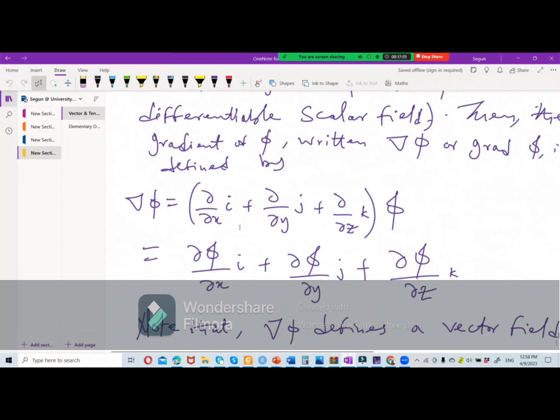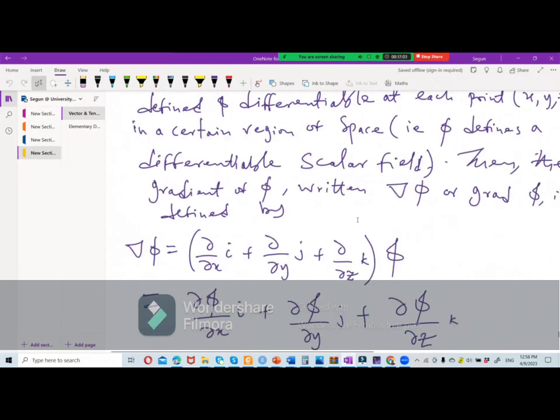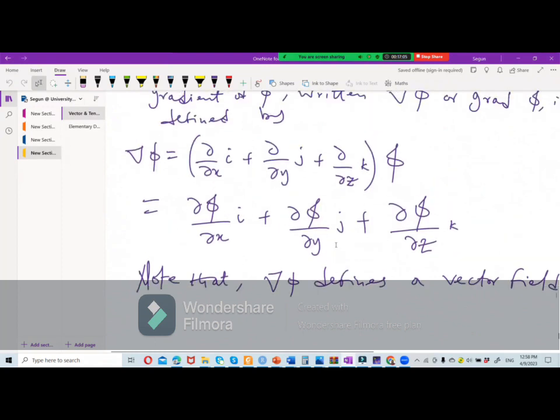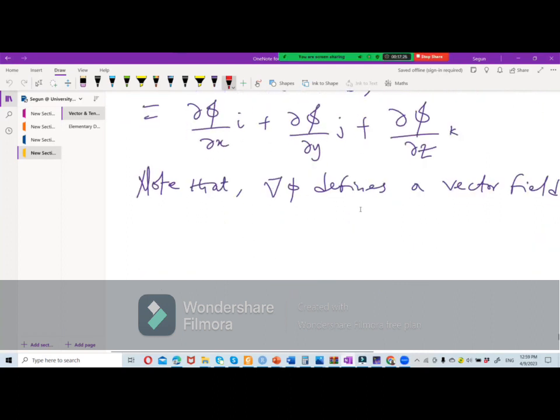Then we have the del that operates on phi. But that's not the issue for today. Today we'll be looking at another aspect of it, the components of phi. We note that phi is a vector field, like we defined yesterday. So for today, let's look at the divergence. But before the divergence,